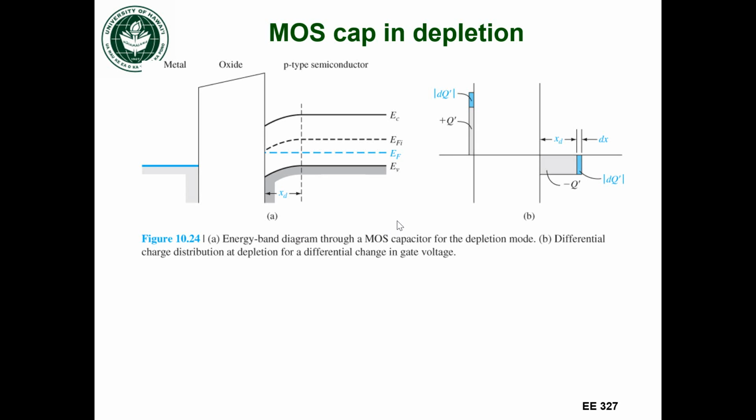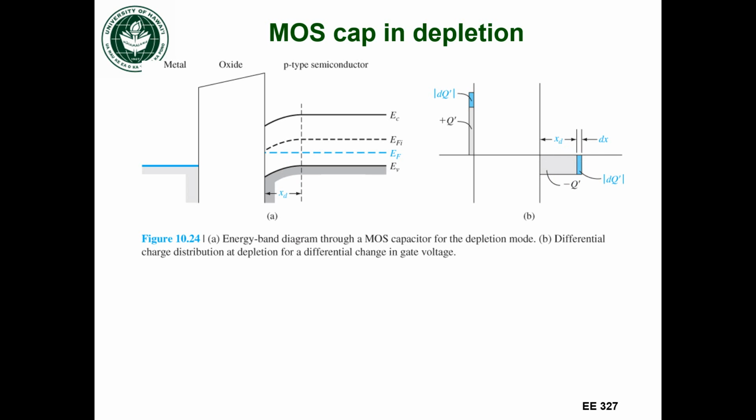Okay, another mode is depletion. In this case, we are putting a positive voltage on the metal, so we're building up positive charges at the metal oxide interface. That creates this band bending, so it creates that space charge region. So this is where we have some charge as well, so that corresponds to some charge building up at the